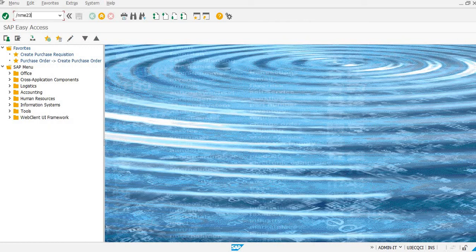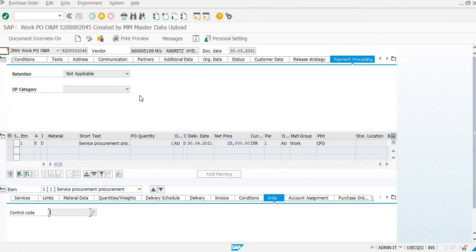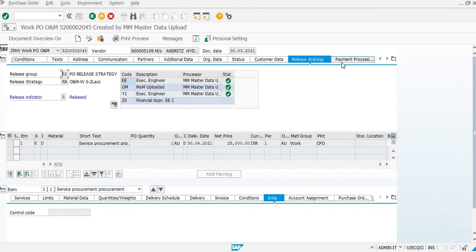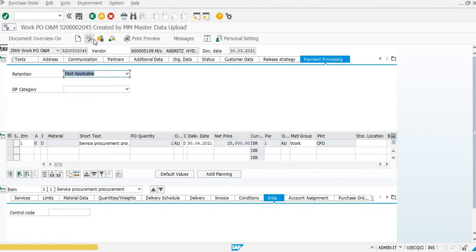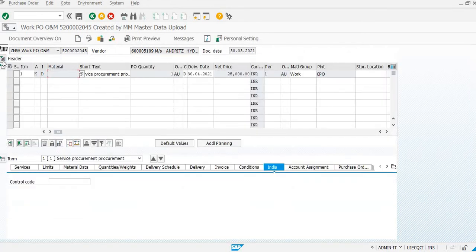Now here I'm going to show you a purchase order that has already been created. This purchase order is already released, but still we can add the advance payment details in the purchase order. Even if we add the advance payment details afterwards, it won't affect the release strategy of the purchase order. You need to go to the edit mode. Now this is the header in the purchase order we can see,